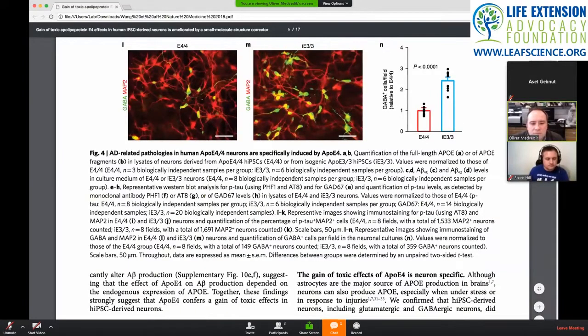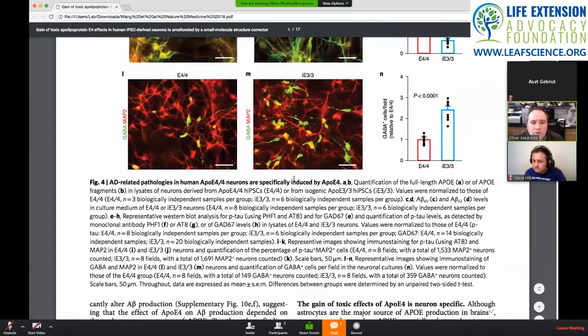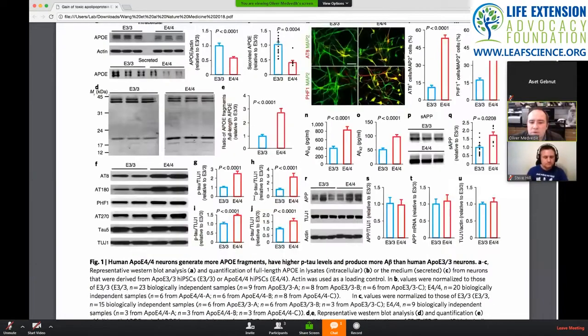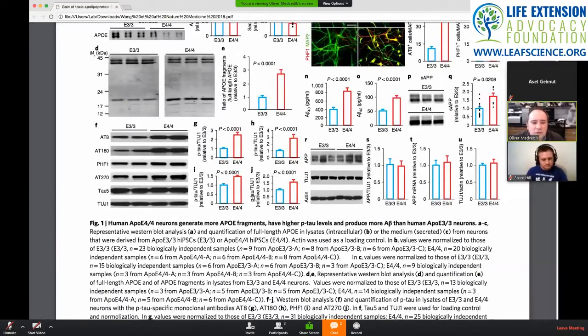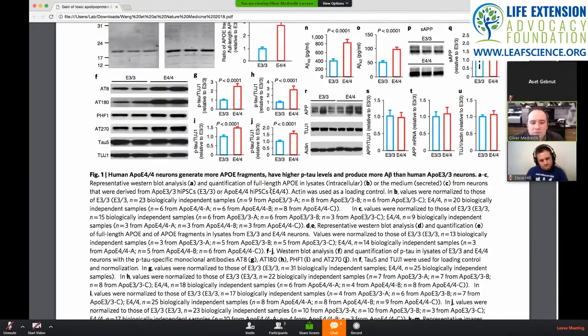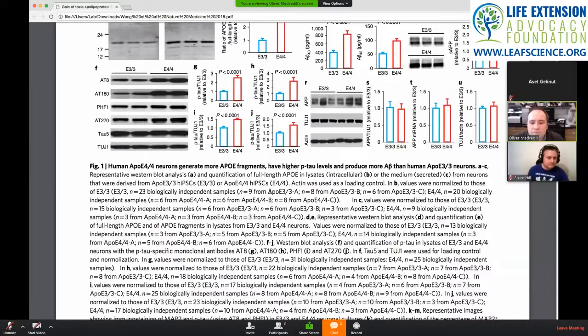Okay. They look at it in figure 1. Let's go back. Sorry. Is that a difference? Neurons generate more human ApoE4 fragments. See. This one, there's a difference between those two. But anyway,